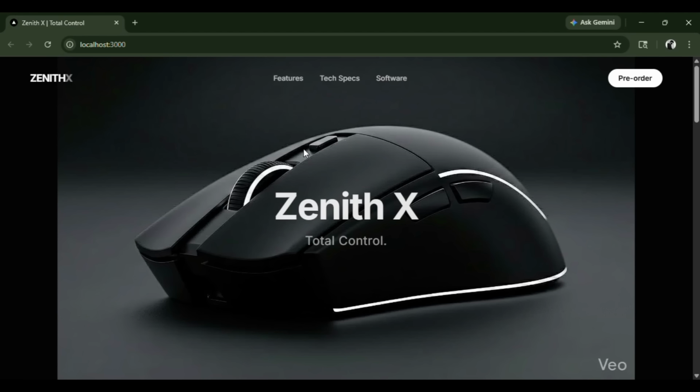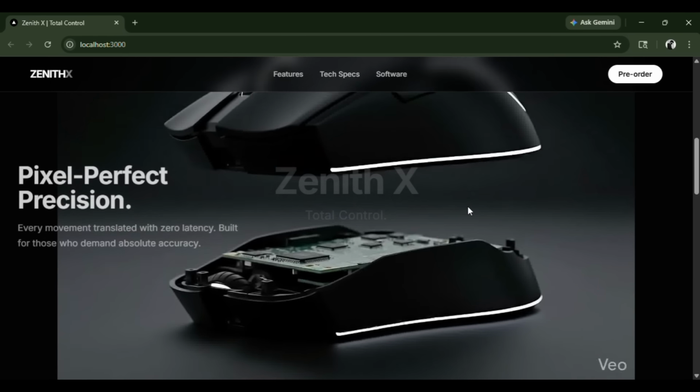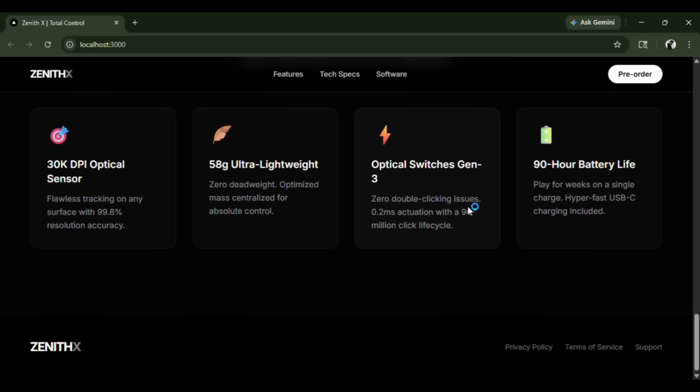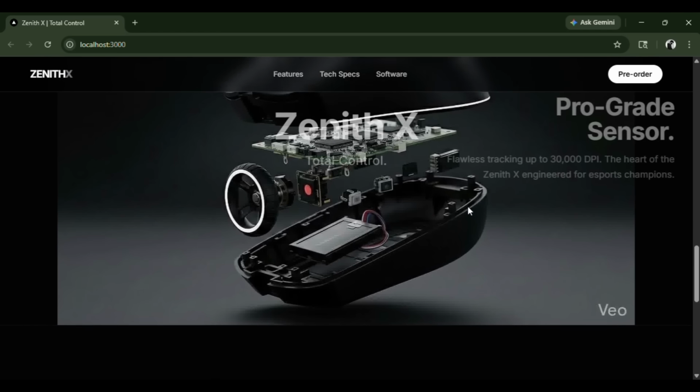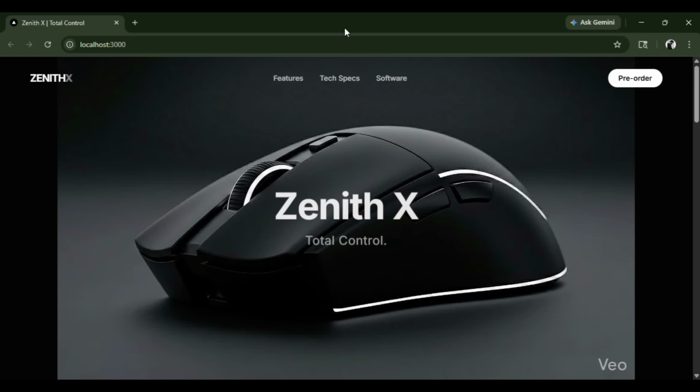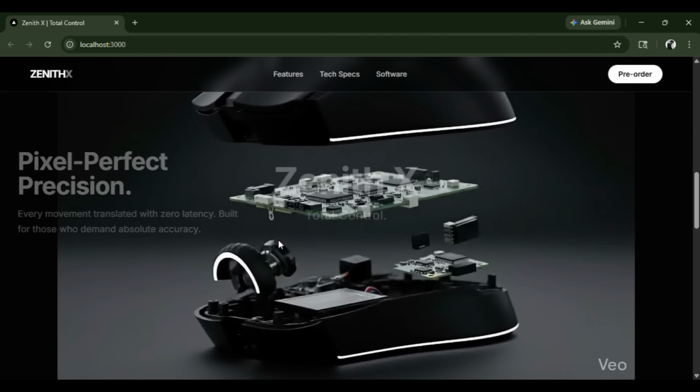Look at this website I just created. When I scroll down, this mouse doesn't just move, it explodes into 3D parts. And this looks like an Apple product page that cost, you know, thousands of dollars to develop. But I built this entire thing in under 10 minutes and completely for free using a specific asset workflow in